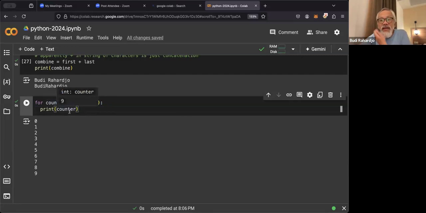The second point: in programming languages, numbers start with 0. So instead of 1, it starts with 0. If you say count until 10, it will count from 0, 1, 2, 3, 4, 5, 6, 7, 8, 9, instead of 1 through 10. That's why sometimes we forget when we are programming: is this programming or is this math? Because if we are doing math, it always starts with 1 instead of 0, right?